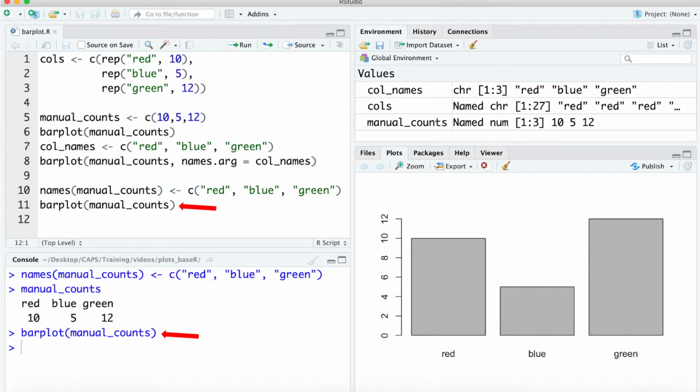The barplot function recognizes the names attribute if it exists and uses it to name the bars. So passing this named vector to the barplot function works, and we don't need to define the names.arg argument separately. But we can still make this even easier. Instead of defining the counts by hand, like we did to create the manual_counts vector, we can take advantage of